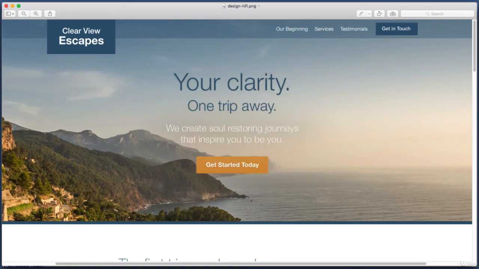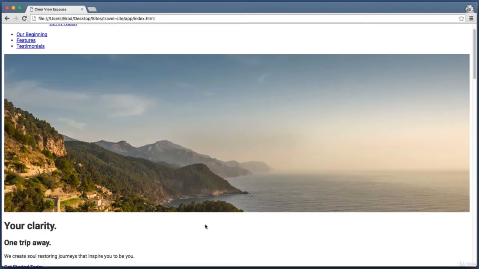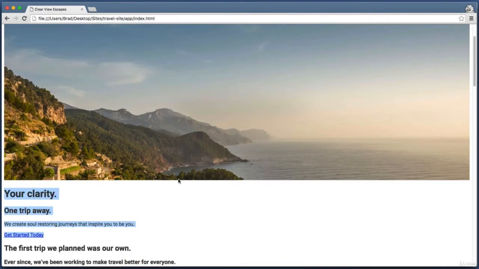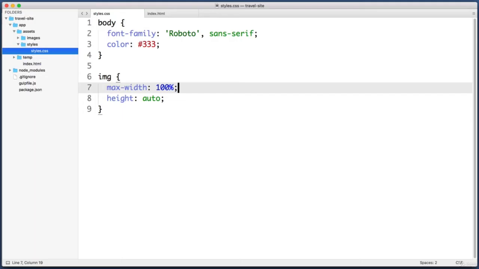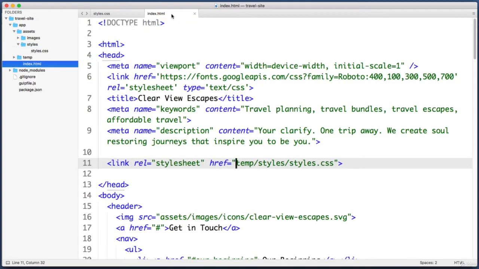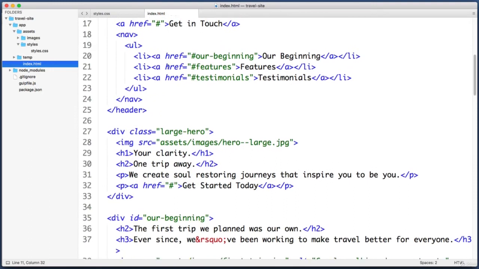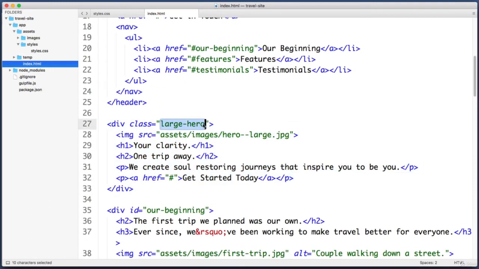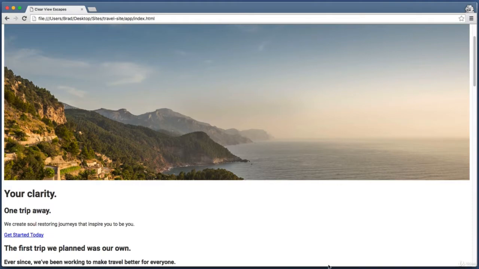All right, if we hop back to the browser, we can see there is the image, and here is the text that we want to sit on top of the image. Let's take a look at this section of the page in our text editor. So back in the index.html file, if we scroll down a bit, we see this area with a class of large hero. So let's go ahead and write CSS that targets the class of large hero